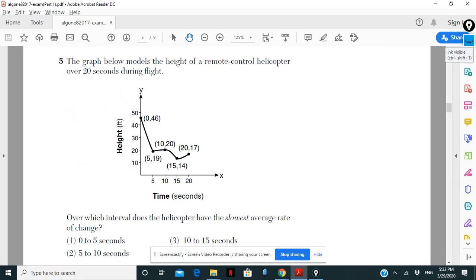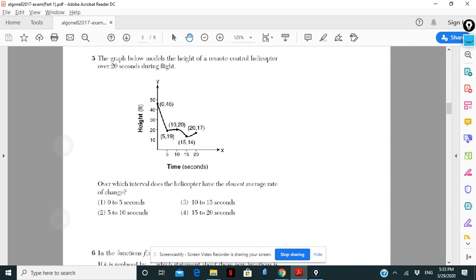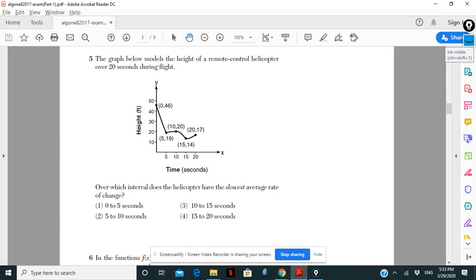Question number 5. The graph below models the height of a remote control helicopter over 20 seconds during flight. Over which interval does the helicopter have the slowest average? So slowest average